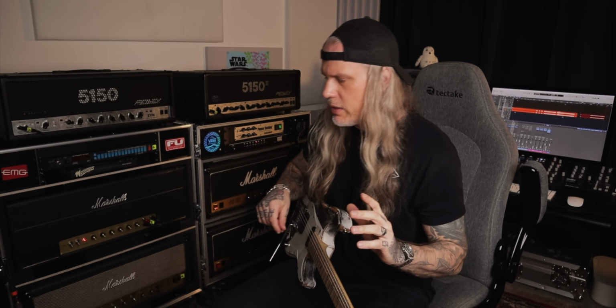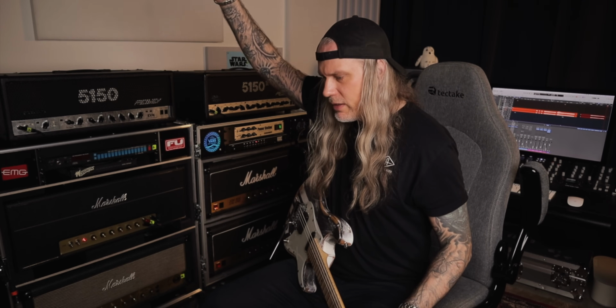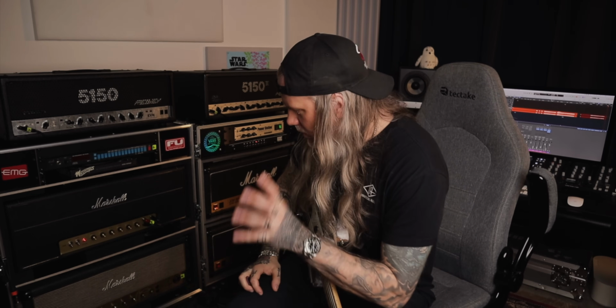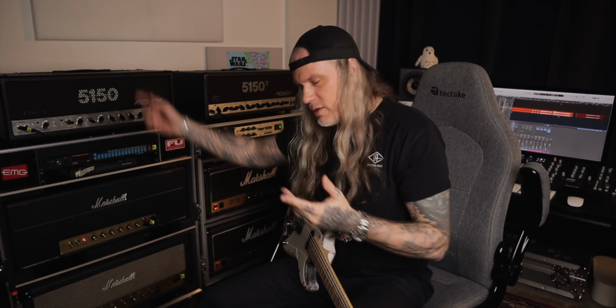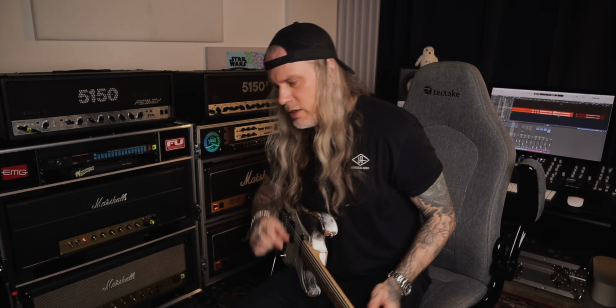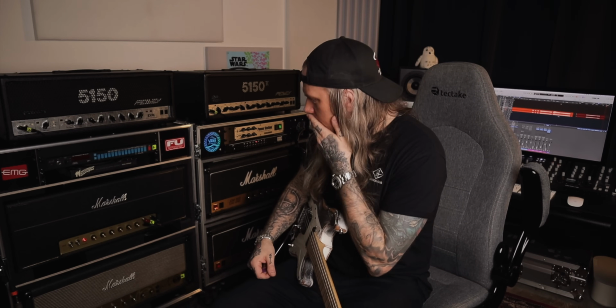Okay, I feel like there's more bottom and a bit more highs. Definitely EL34 character, but towards 6L6s. I mean, because Eddie later, with the 5150s, started to use 6L6s, so there's a clear thing. Okay, another thing,